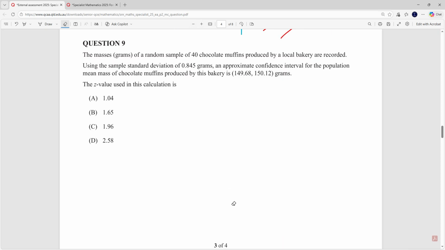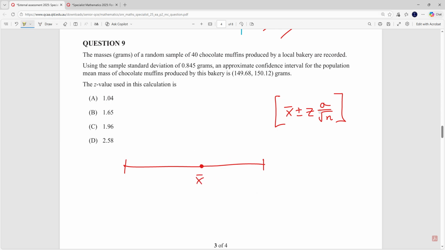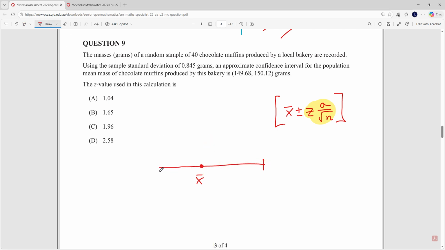Okay, so let's understand what a confidence interval is. A confidence interval is basically calculated from this thing here. It is a bar of data in which you're confident your sample mean lies. So this is your sample mean, and this directly here is the length of your confidence interval. Now don't be fooled by my bad drawing. It's exactly the same on both sides like this. I just made that a bit shorter. There we go. So that length there is Z,